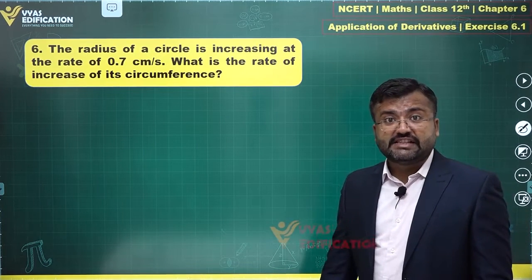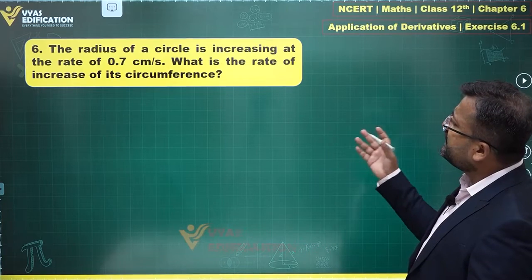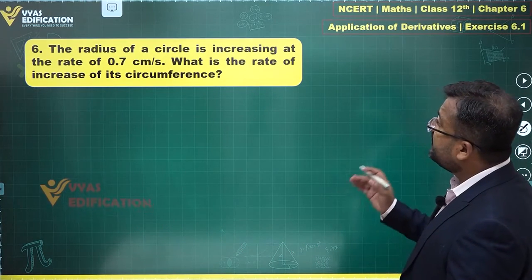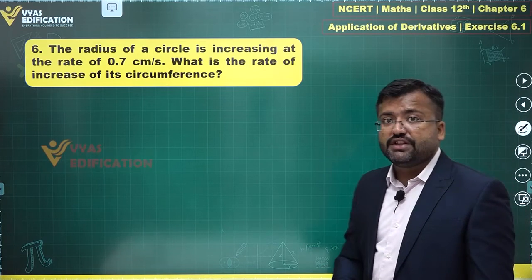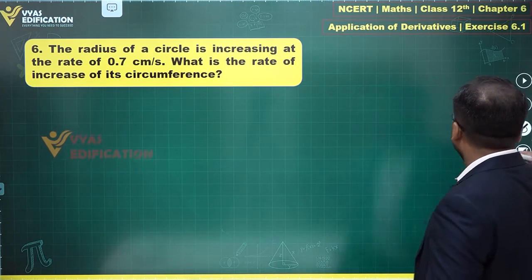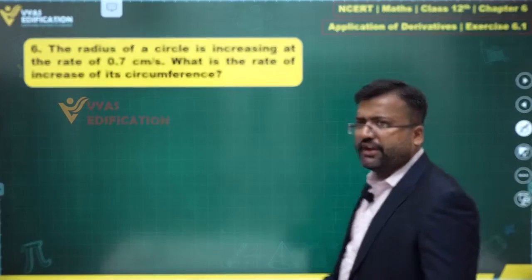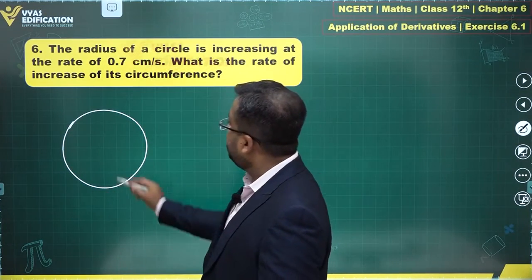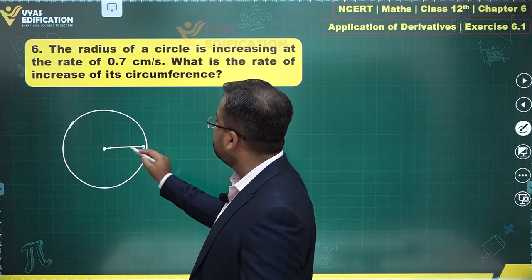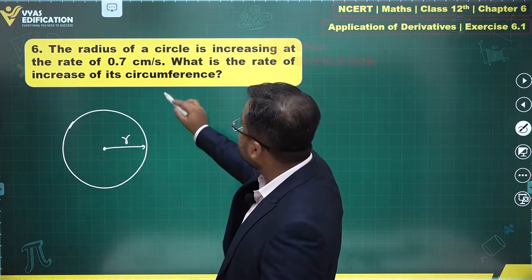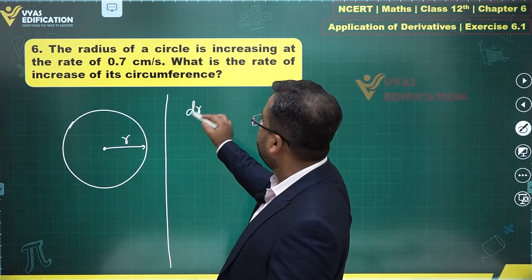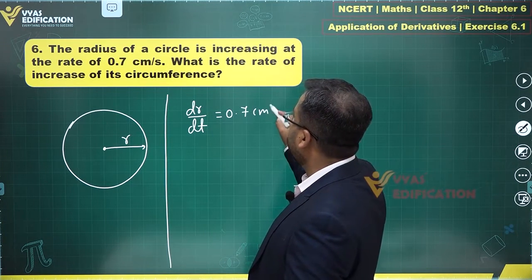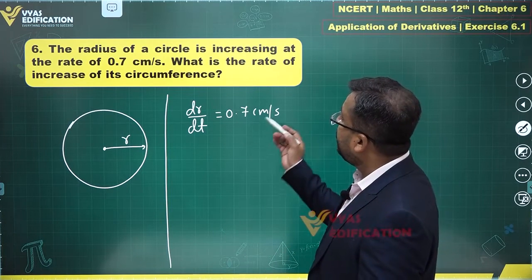The sixth question says, the radius of a circle is increasing at the rate of 0.7 centimeter per second. What is the rate of increase of its circumference? Let's talk about this. Radius of a circle. So once again, we'll be drawing a circle first. This is what a circle looks like. And radius of a circle. Let's talk about the radius. This is the radius. It's increasing at the rate 0.7 centimeter per second. What is the rate of increase of its